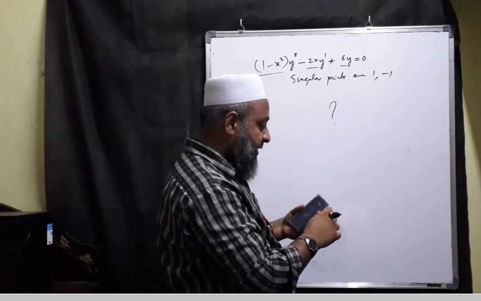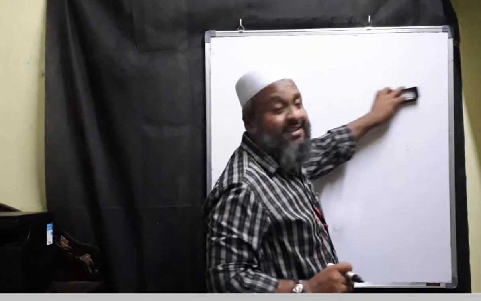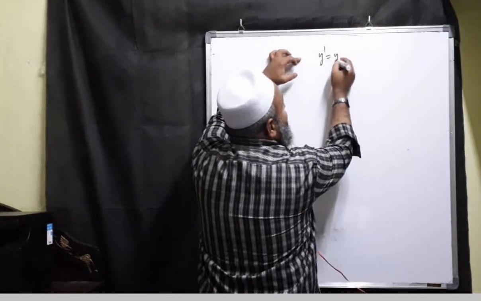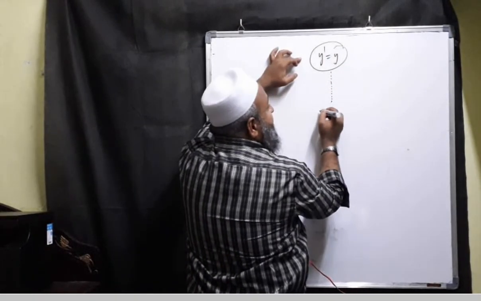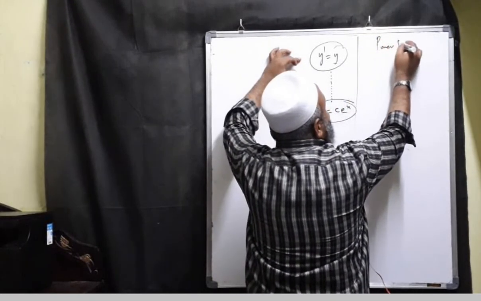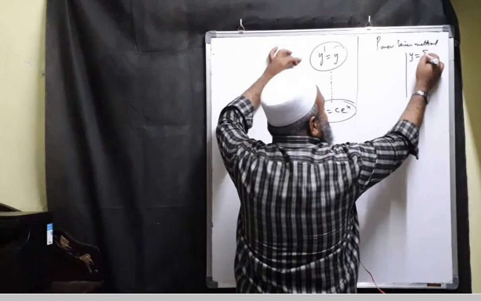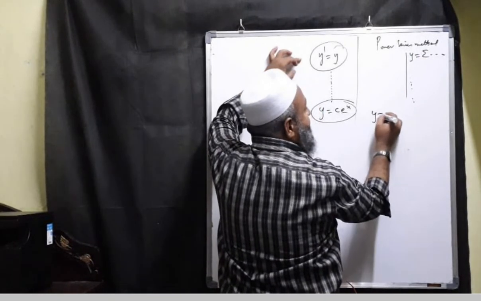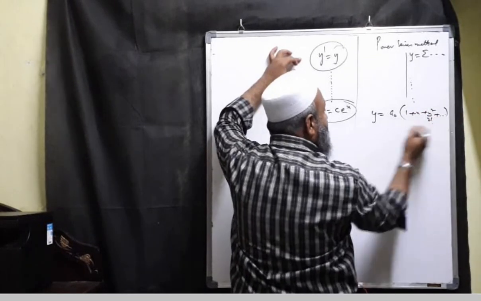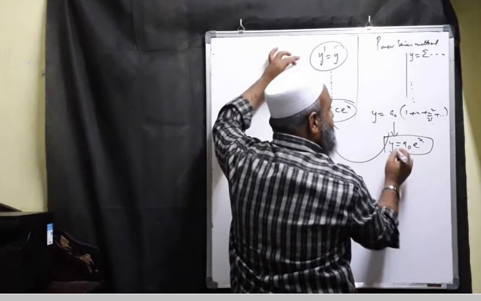Okay, then the answer for this one is just by common sense and logic. What is that? You see, it's so interesting. First of all, I'll say that for this differential equation you applied some procedure, you got y is equal to c e to the power of x. But alternately, by power series method, you started with the power series y is equal to sigma all these things, and finally you got it as again a naught into 1 plus x square by 2 factorial and so on, and then you have connected to this step by saying y is equal to a naught into e to the power of x.